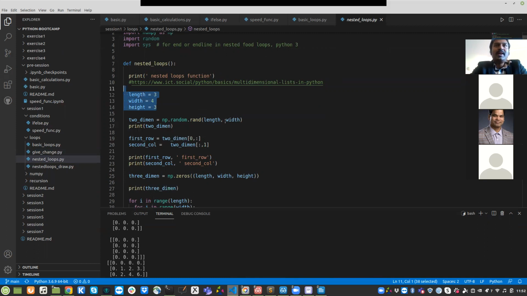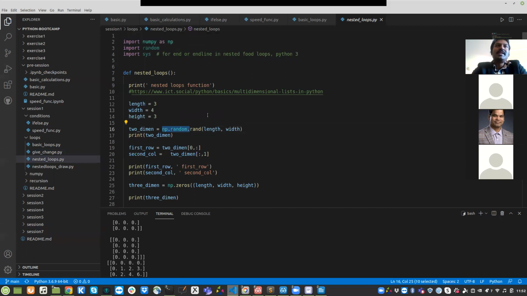And let's say that we need to create a matrix or a two-dimensional array. Let me just call a two-dimensional array a matrix, okay? So this basically created that matrix, and np.random basically uses the random number generator function in Python,